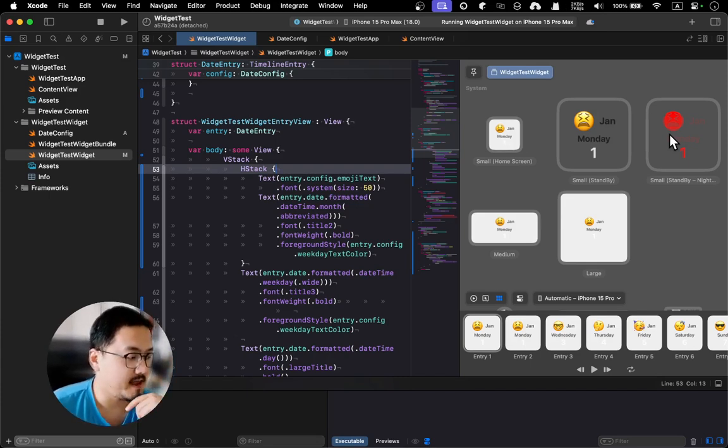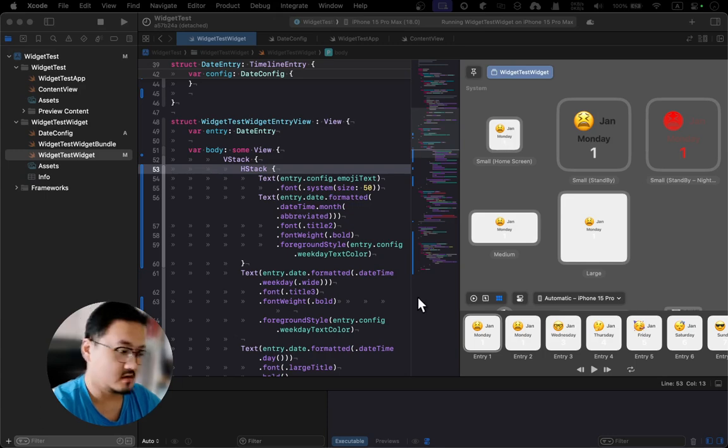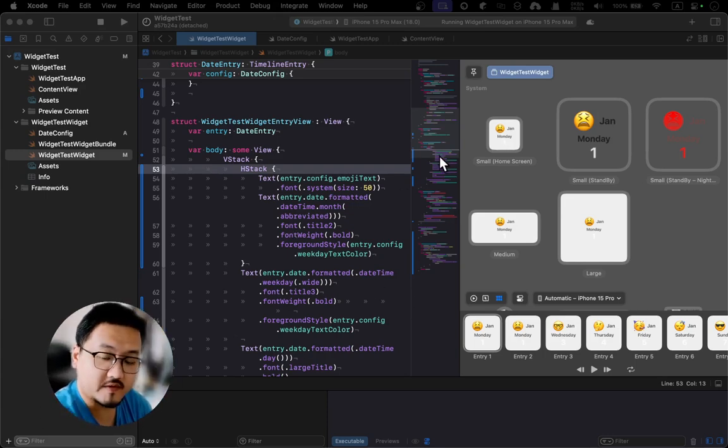So yeah, we have to actually use another way, and that way is the preferred way, because you sort of need to get whether we are at the standby mode or not. So whether the background color is there. If it's not there, you have to change it, because if you don't change it, you can't possibly see it. Okay, so let's write it. So we have to sort of get that